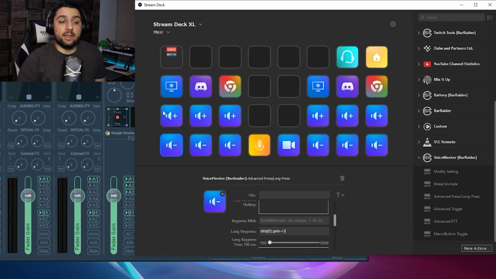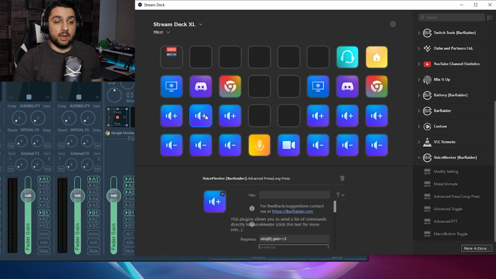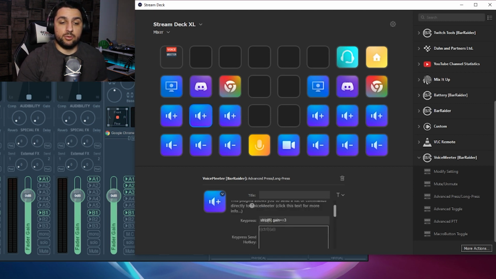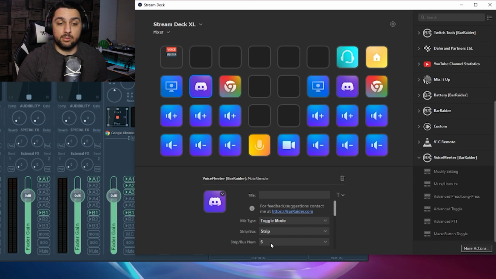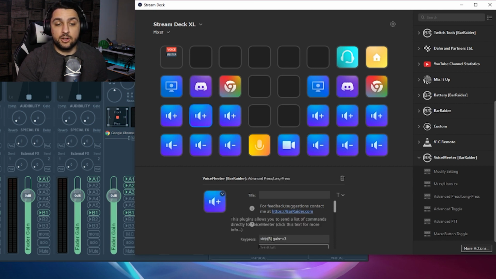Now we've got our increase volume and decrease volume set up for our first strip. We can again copy these over into our second and third input slots, going through making sure to change which strip we're targeting. If you've forgotten which is which, then clicking on the mute button above will tell you exactly which number to put in that field. So this one is 6, so you'd come down here, change whatever's in the square brackets to that number, which is 6,